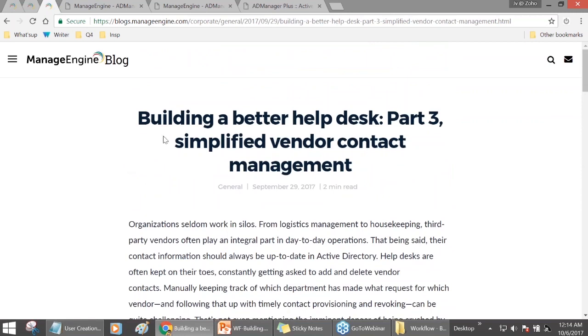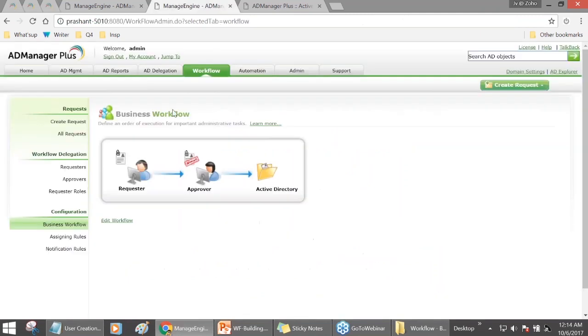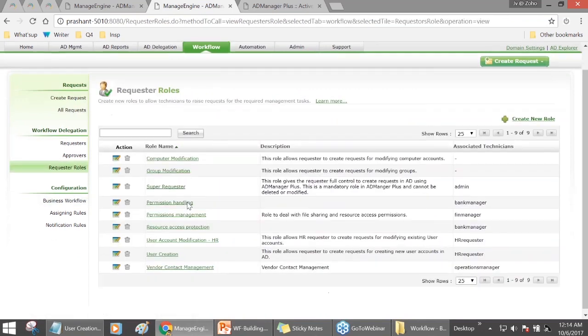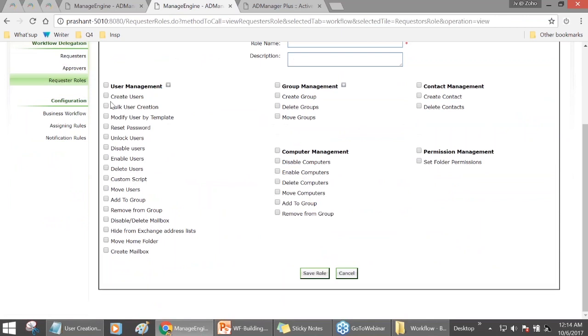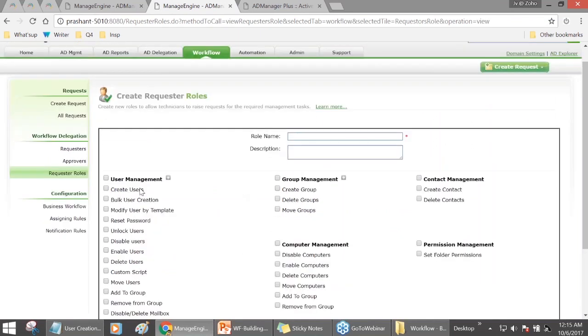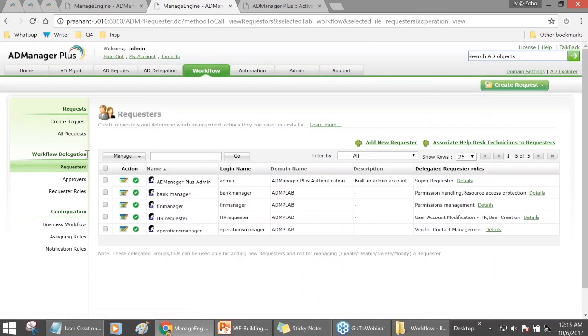For those of you who've joined today's session, we're going to send out a special copy of a solution brief that contains everything discussed today, right from creation of a requester role and how important a role is, because this is the dashboard that lets you create or grant access to make requests for user management, group management, computer, contact and permissions management, all of that covered, and how to have them assigned for free, completely free, for any end user in your organization who is a part of your Active Directory. Have them mapped as requesters